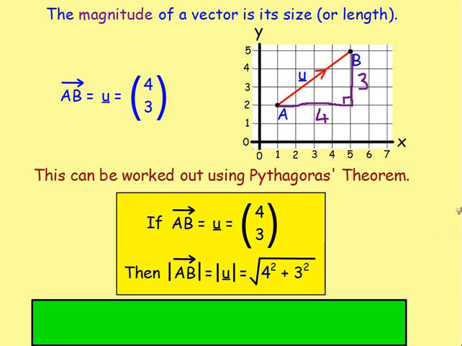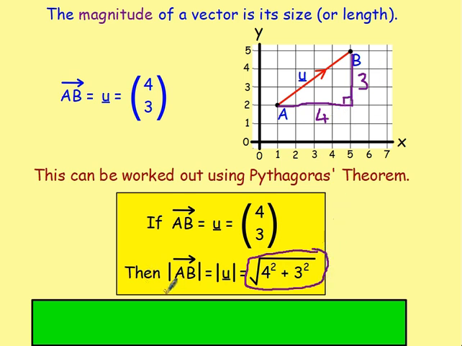Yeah, it looks just like that. What we would do is this length squared, so u squared would be the same as 4 squared plus 3 squared. And then we would square root it. So the way we write it out is we just take the square root of the 4 squared plus